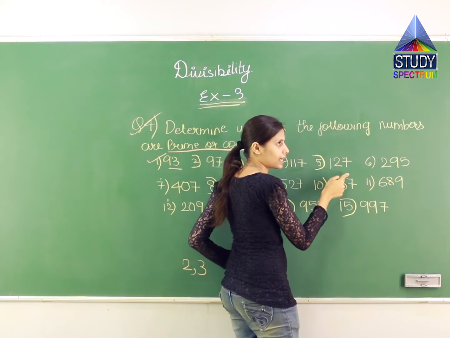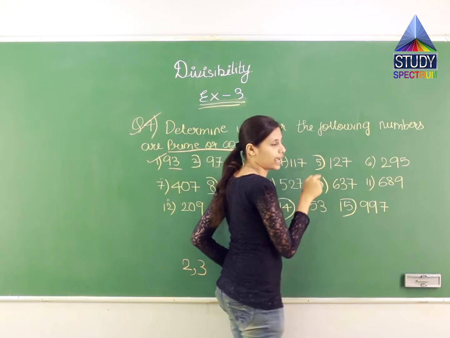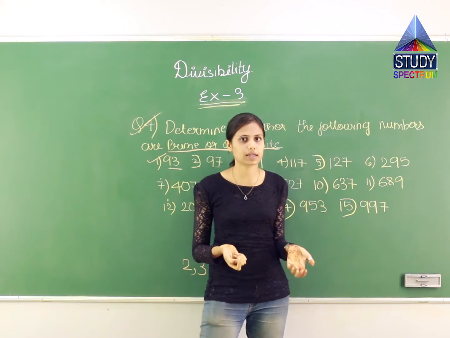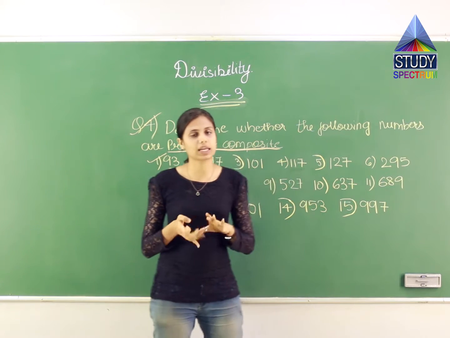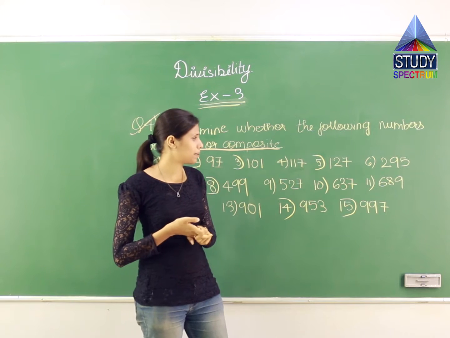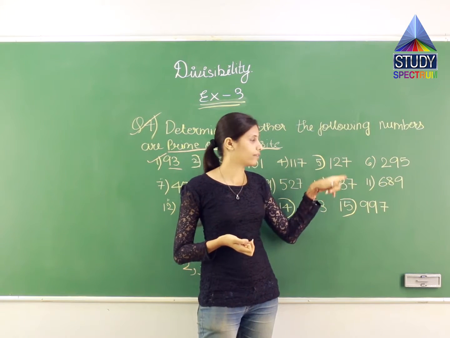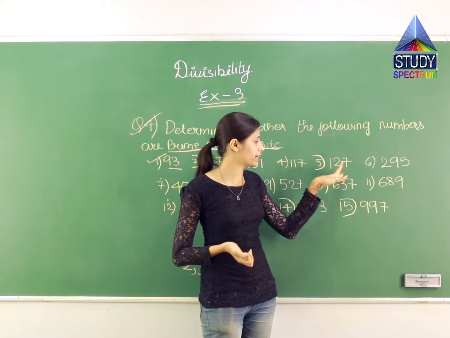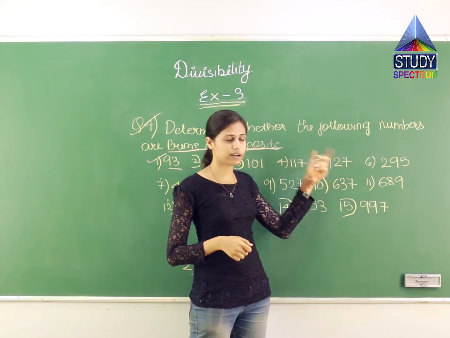Then looking over here, 127. Does 127 come in any table or not? Let us see. 7 plus 2 is 9, 9 plus 1 is 10. I get 10. 10 does not come in 3's table, 10 would come in 9's table. So there is no chance of 127 coming in the table of 3 and 9. Then in 10's table also it won't come because I need 0 over here. It won't come in the table of 5. It won't come in the table of 7 because if I read the table of 7, I won't get 127 anywhere. Or if I divide by 7, I won't get a natural number.